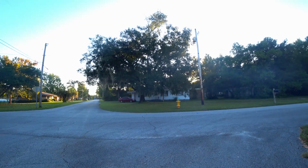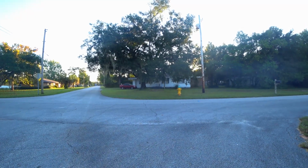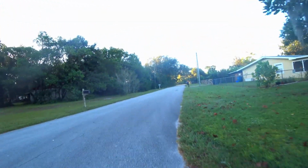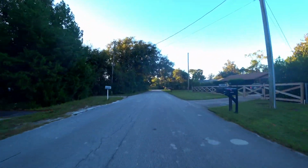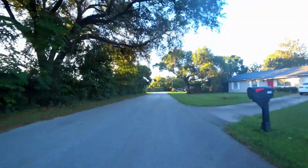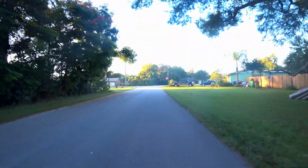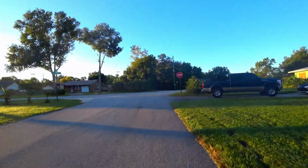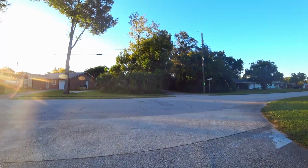I'm gonna adjust this camera just a tiny bit here. There we go. Our county has a lot of bike paths that you can go all kinds of places, all kinds of parks. They got parks to cities paths. We want to take a few of these and check them out. And I'm going to move that camera just a little bit here. Looks like it might be pointing just a hair high. It's probably all right, but